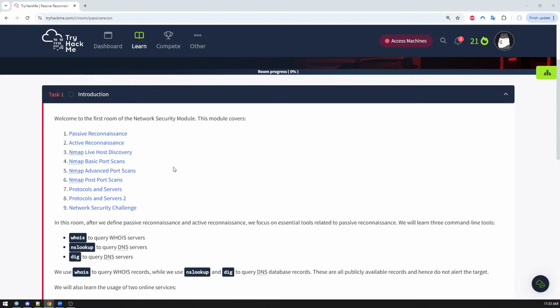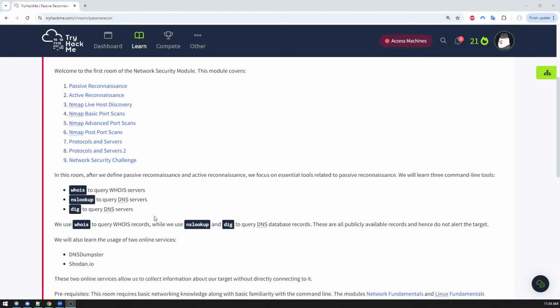advanced port scans, Nmap post port scans. Nmap 知ってます？ポートスキャンをやるコマンドというぐらいの認識です。確かにコマンド名っぽいですよね。Nmap なんとか -P みたいなのをやりそうです。ポートスキャンツールらしいです。なるほどね。Protocols and Servers、Network Security Challenge。すごい。